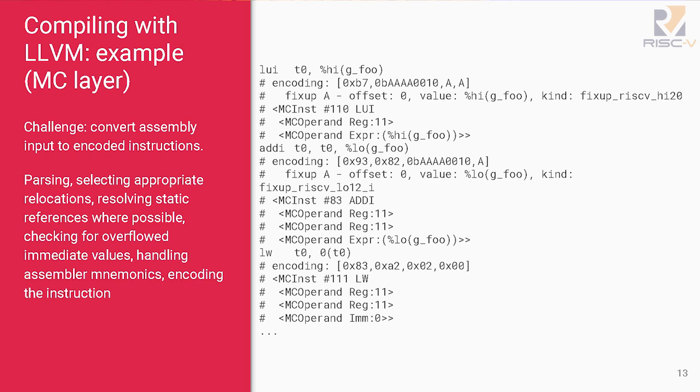And so I said I started with the machine code layer. That is how you go from this down to encoded instructions. And this is what the internal representation looks like. LLVM gives you the infrastructure to help deal with all the questions of, we have this %i thing, how should that be interpreted? How does that then get translated to an ELF relocation? Or error checking for when I use certain immediates so they don't overflow the bounds of my signed 11-bit immediates, et cetera, et cetera.